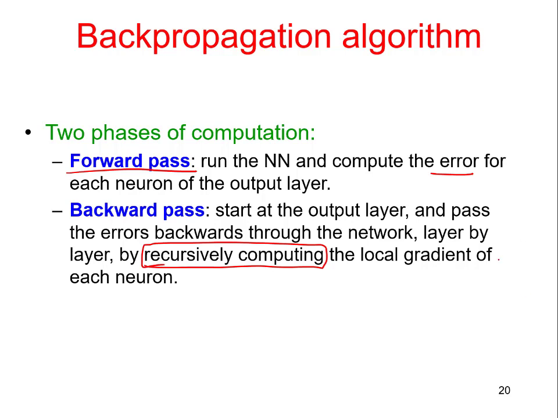So far the recursive computation has been performed, and the local gradients of each neuron are computed backwards with the help of the recursive computation, and the current jth neuron is computed in the backward pass. So in the backward pass, two computations are performed. The local gradient of this computation of